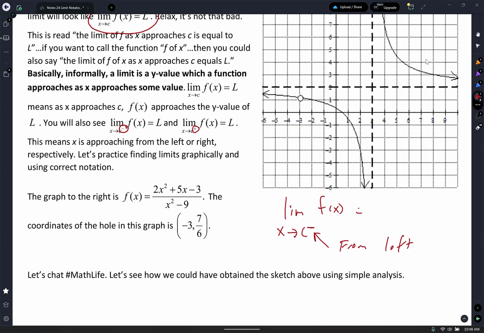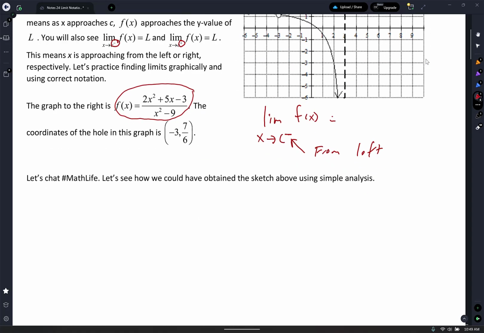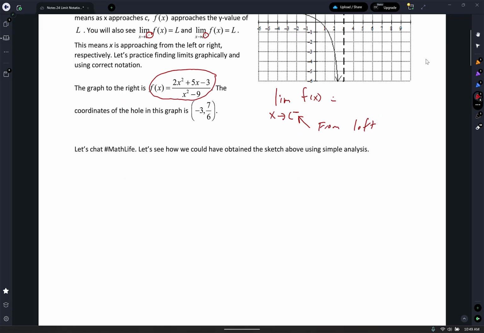So here we go. We're going to start basic. By now, I hope that we know more or less how this function looks. You don't have to be perfect, but we should have an idea of how it looks, at least the basic rational functions. We've been doing rational functions for a while now. So I have this function, and I'm going to write it: 2x squared plus 5x minus 3